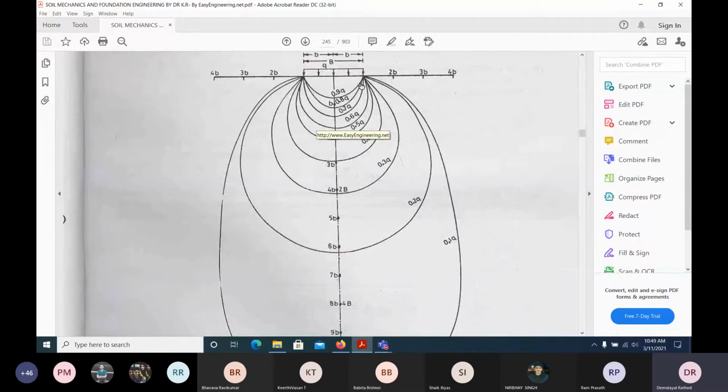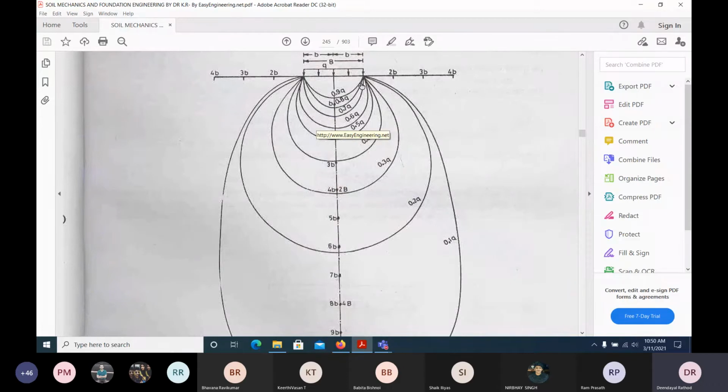So wherever possible, we have to make a borehole, up to 2b, by using auger boring. So many techniques are there. We will bring that soil to the laboratory and conduct classification, whether it may be sandy, gravelly, or soft. After doing the classification, if it is soft clay, we find out the natural water content, how much it is having. And we can conduct tests like liquid limit, plastic limit, and shrinkage limit if it is a soft clay.